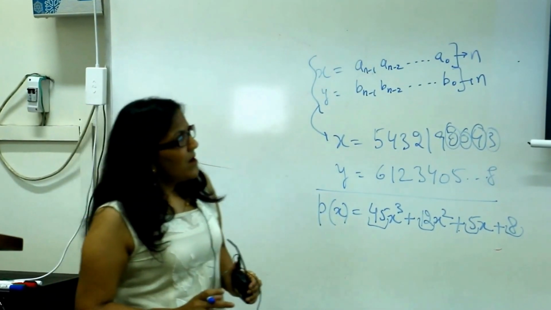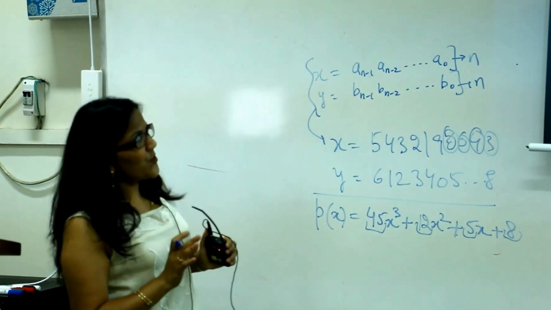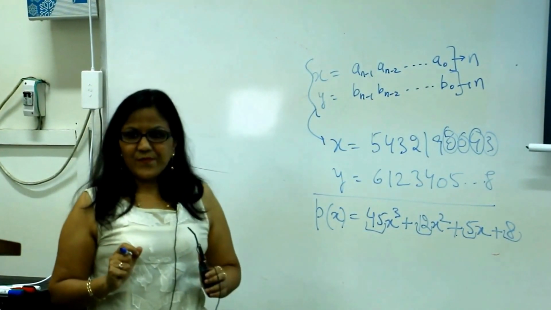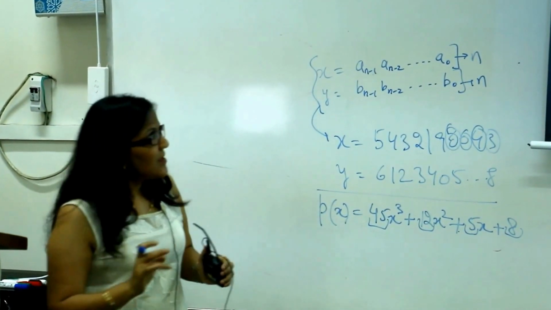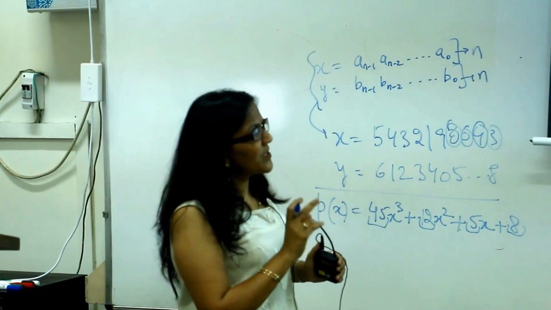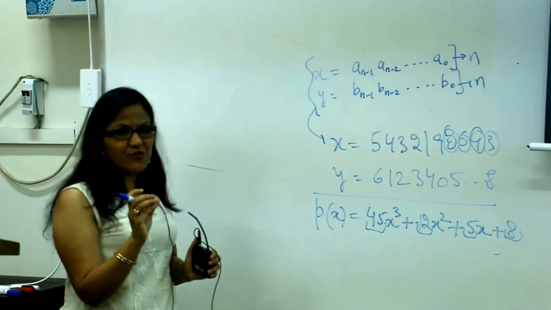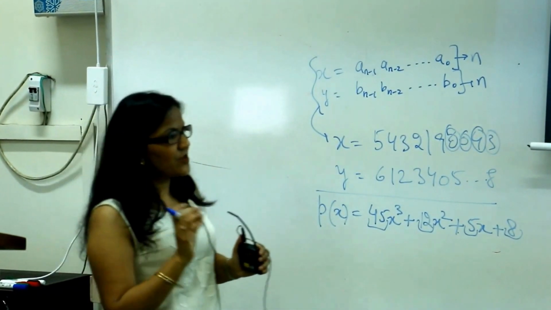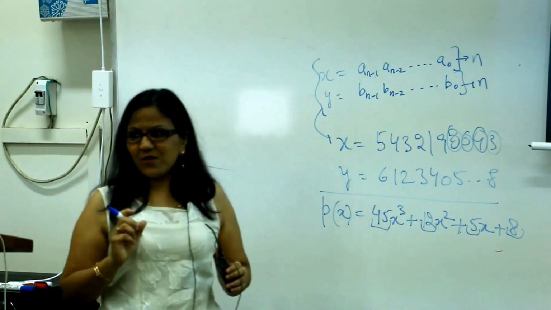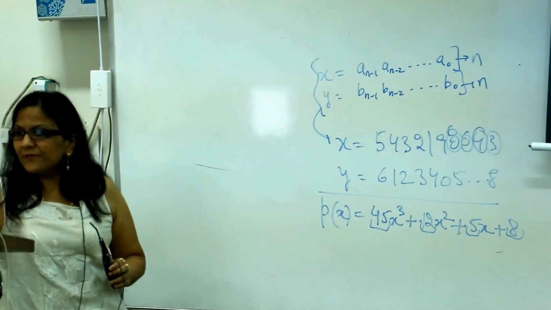Okay? So that's what the third one says. We want to multiply two large integers, and that time will not be constant. The last one says that we are assuming that the coefficients are small, so the multiplication of two coefficients we can assume to be constant. Please try to appreciate this.